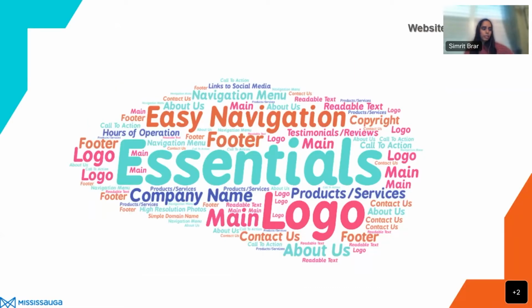So there are some things that you should include on a one-page website or a website in general, and the first is your company logo. It's important to have your logo on your website for brand recognition. Another important element to include on your website is a navigation menu. So the navigation menu tells your website visitors the different sections or the different pages of your website. And it's good to have around 5 to 7 items. You want enough information on your website to tell the visitors about your business, but you don't want your website to look overcrowded